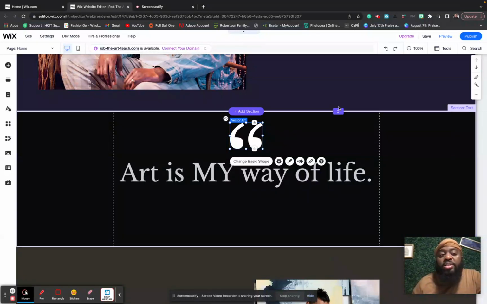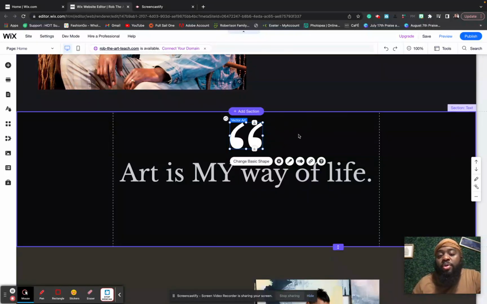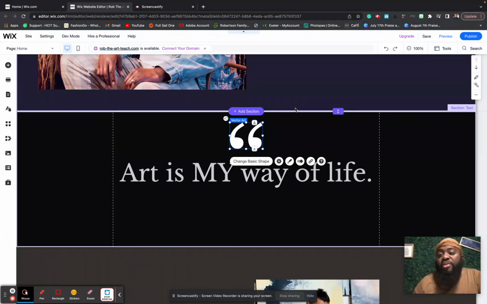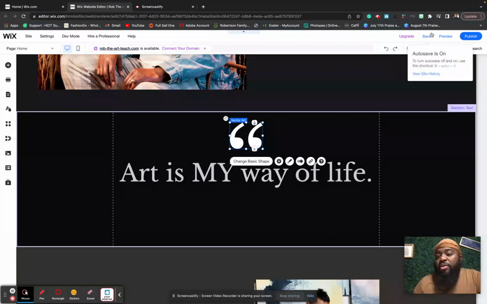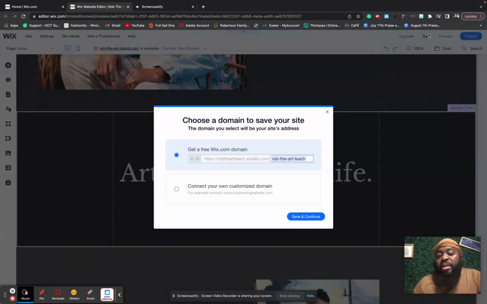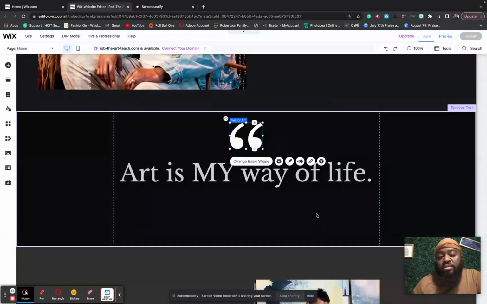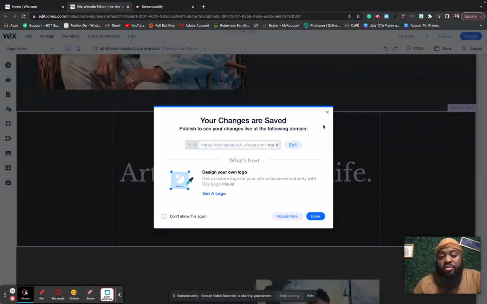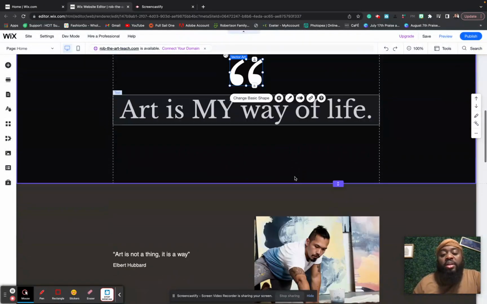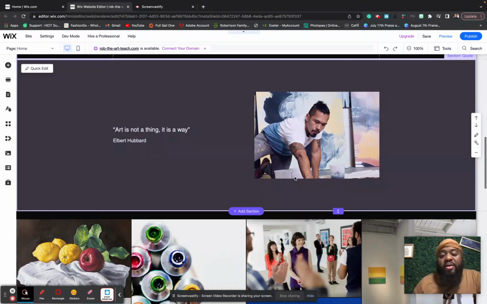What's good about Wix is that as you're going, your website typically will save. And if you're ever concerned that it won't save, you just come up here and it'll say auto save is on. But if you want, you can just save and continue if you're not comfortable with that. Okay. So now I have here